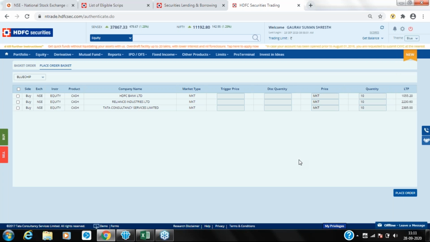There are a few things that you have to keep in mind. The first and the most important thing is that in case the sufficient margin on the stock is not available, the entire basket order will get rejected. Second thing, you can create only up to 5 baskets in one account. Third thing, once you have executed a basket for a day, the same basket cannot be executed again on the same day. So if I place an order for this basket today, then I cannot use the same basket again today. And the last thing is that you can add a maximum of 15 stocks in one basket.